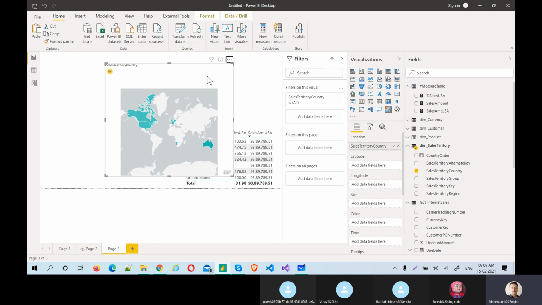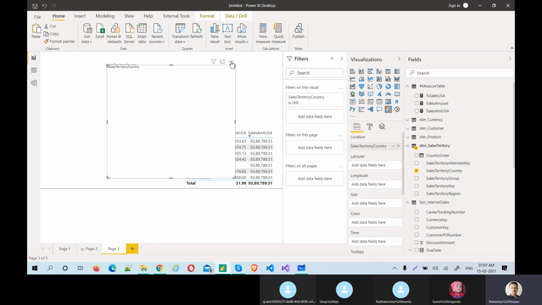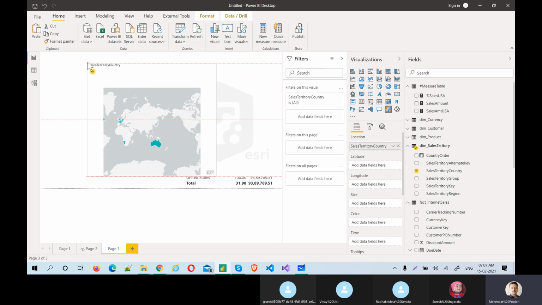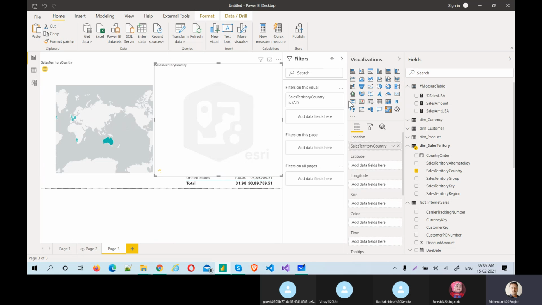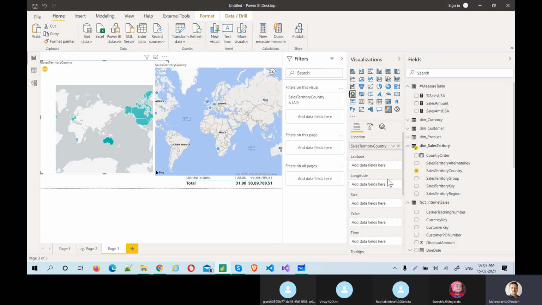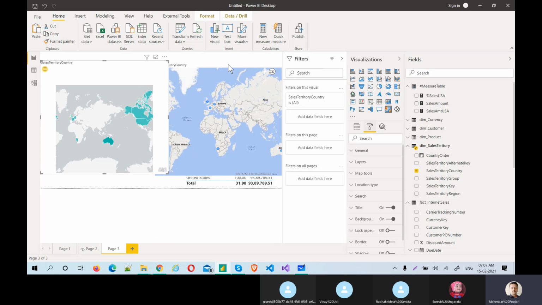Control C, Control V is not working. Control C, Control V. Okay, I think I have not pressed properly. Okay, this time this is an ArcGIS map, and this time it is a normal map. Okay, and you just compare. What are the options it has, and what are all the options the other has? I think both have the same or not, and just check the formatting options here and the formatting options